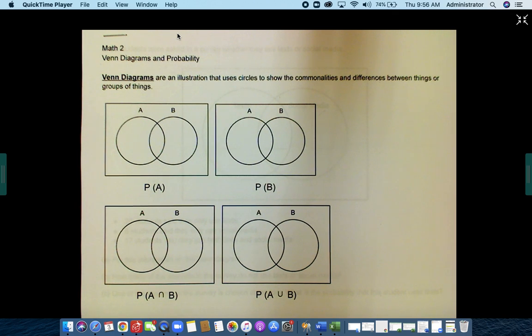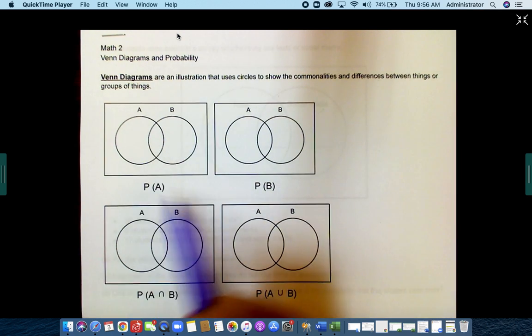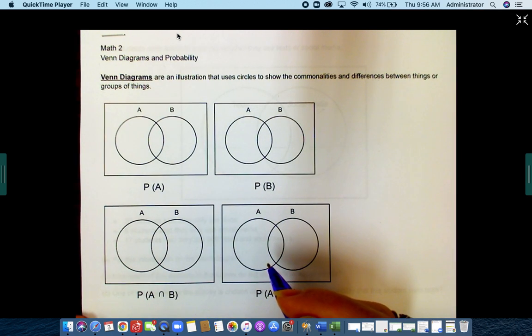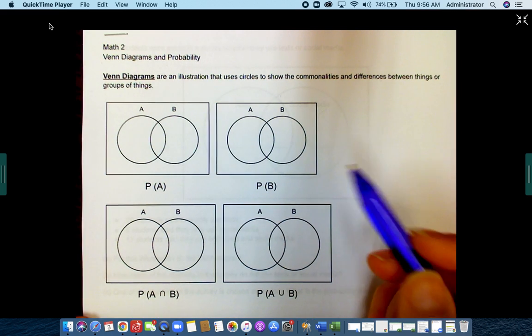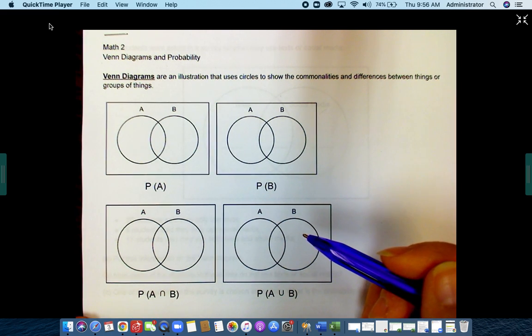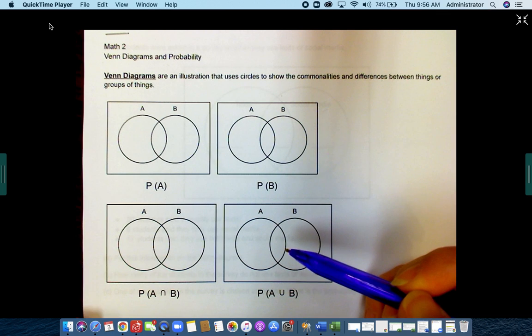We'll be introducing you to finding probability using Venn diagrams. You probably look at this and go, oh, I've seen that before. You did start looking at Venn diagrams in elementary school, and then probably about sixth grade or so, and now we're going to introduce how to use them to find